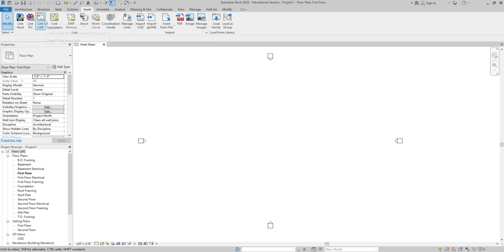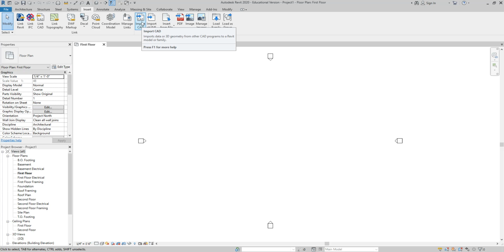This one just does it automatically without you having to think about it. Okay, so again, which one is one and done, import or link? Import, good. If you know that somebody is simultaneously working on the project and making changes, which one would be the best one? Yep, and it'll update for you. Good. So what we're going to do for our class, because we know it's a one and done, let's click on